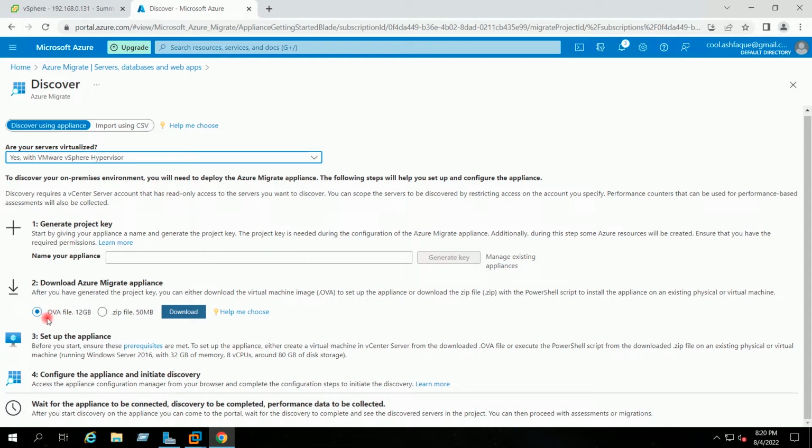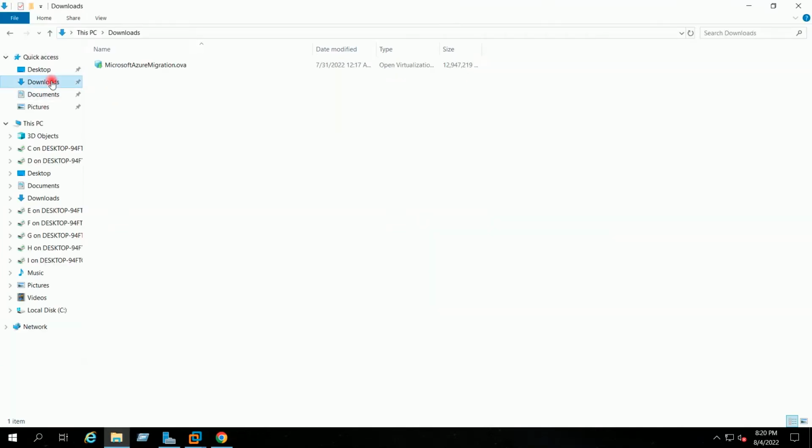We have to download the OVA file, which is about 12 GB, of the migrate appliance. You can click here and download the appliance. I have already downloaded this appliance in my local system, which is present in the download folder.